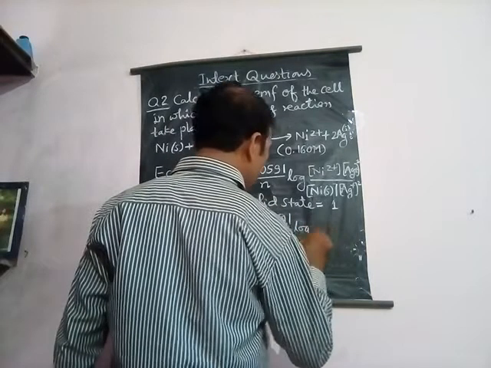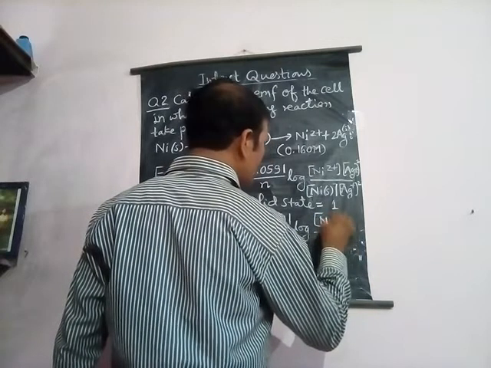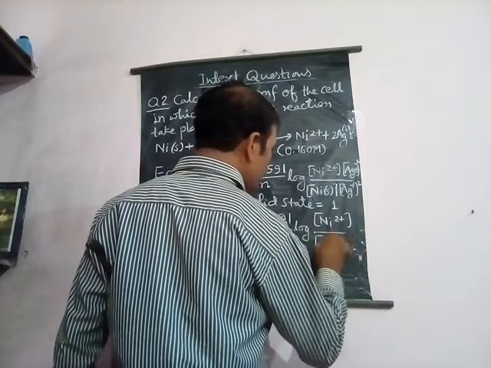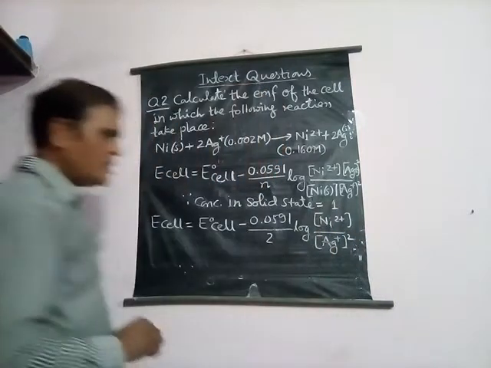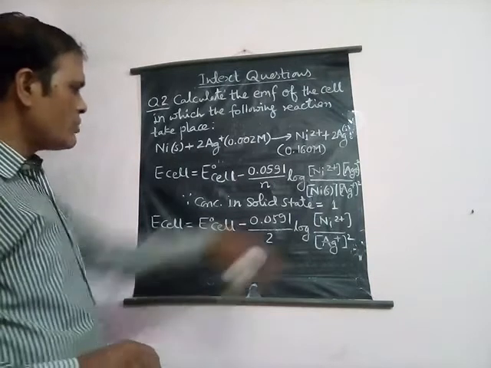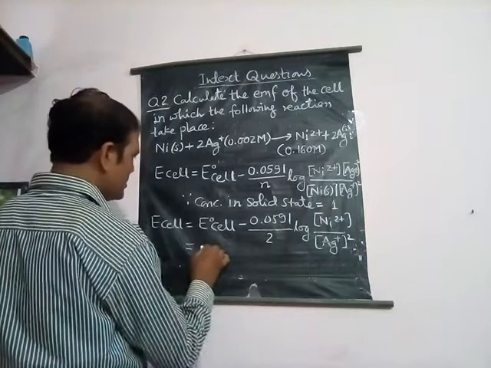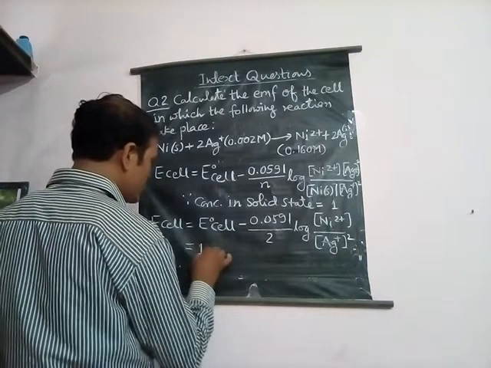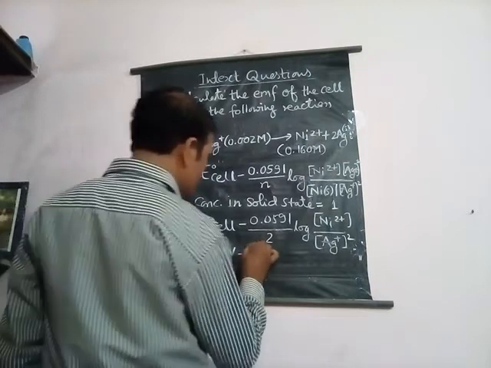And here we take the log of the concentration of Ni2 positive ion divided by the concentration of Ag positive ion squared. Now on putting the values in this equation, we can easily calculate the value of E cell or EMF. E naught cell which is given here is 1.05 volt minus